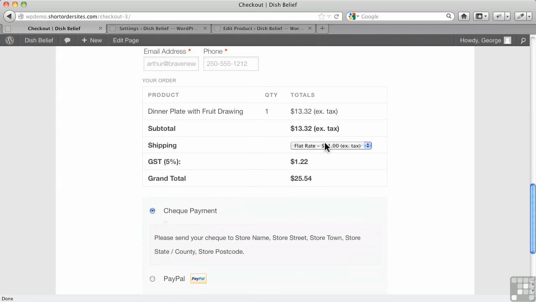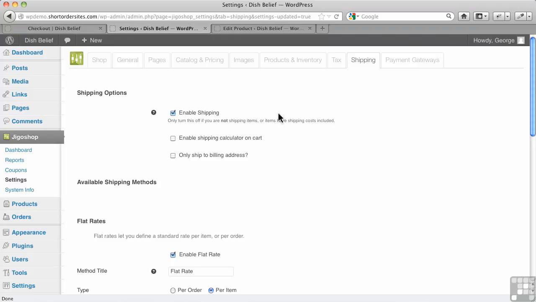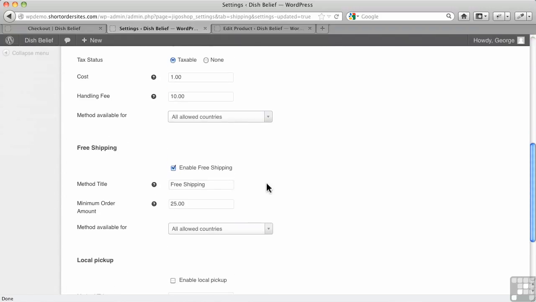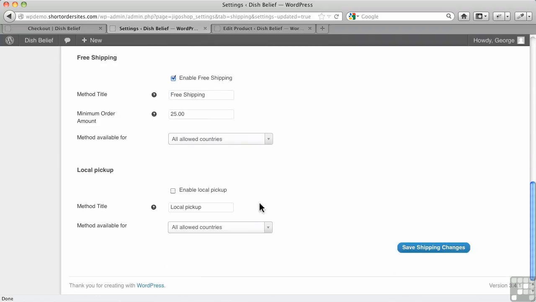One of the things you do here is choose your shipping, okay? Now, again, your preferences will already choose which shipping one you want, but if I drop this down, oh, wait a minute, I don't have any choices. Well, that's because we didn't have anything else selected except flat rate. So let's go back to settings and shipping. Now you notice I've got enable flat rate and I've enabled free shipping, but I haven't met the criteria for free shipping. Now I do have this other option, enable local pickup,